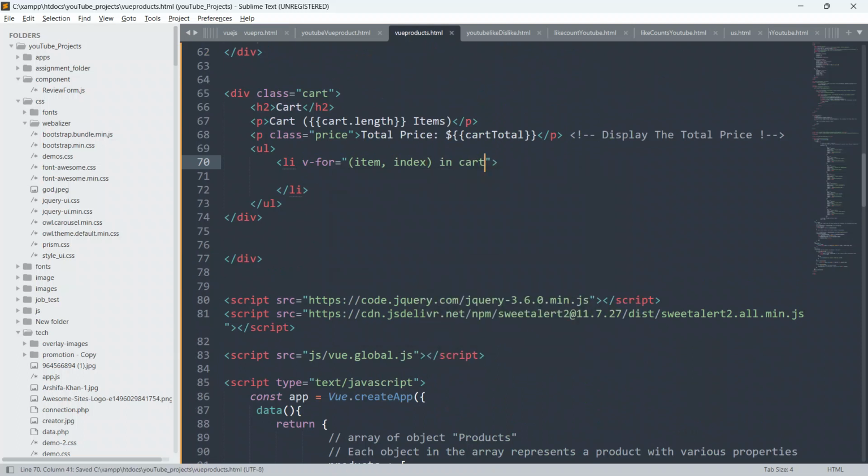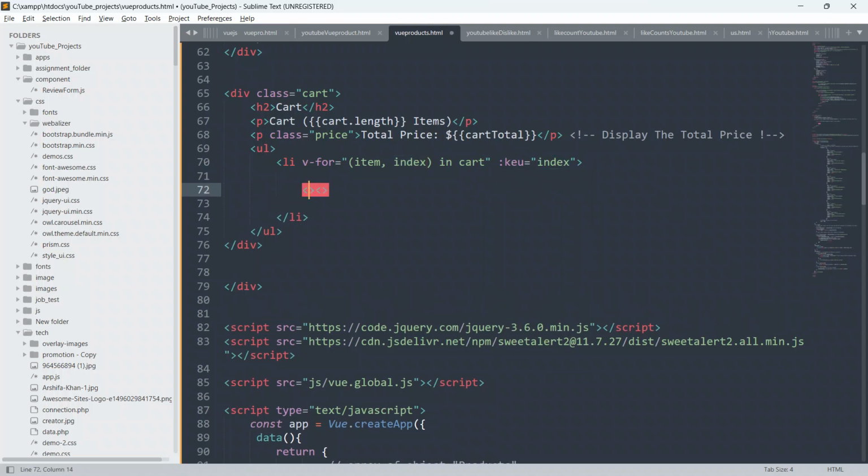So in cart I will say, and yeah, I will give the index also. So give key equal to double inverted commas, and I will put index. So this index, okay, it will say 1 2 3 4 5 6 up to 8.